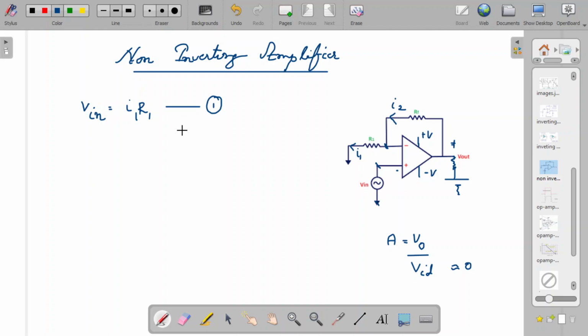Then another thing is you can consider these 2 points. This is the grounded point. Let me call this point C and the output D. Now this is grounded, and you consider the network CD. Here you have the resistor across which you get the output voltage, and this is grounded. This is also grounded, right? Both of them are grounded, I can say.